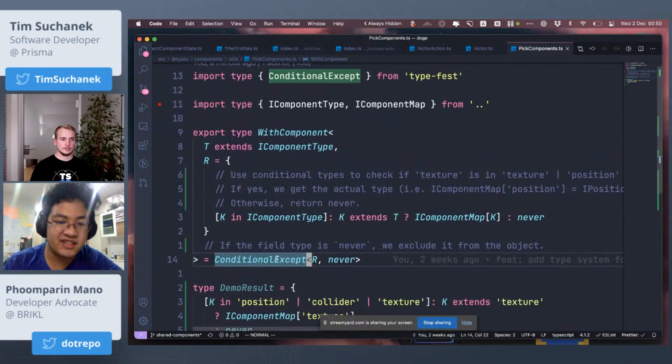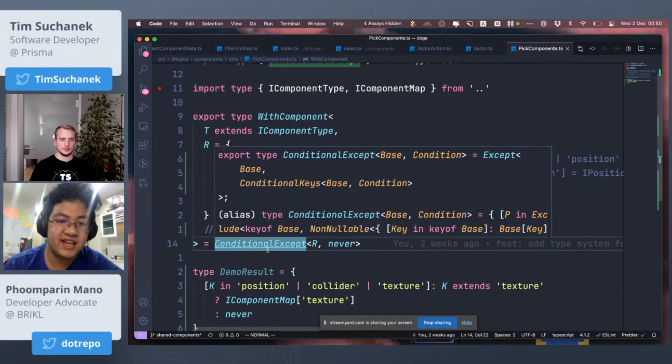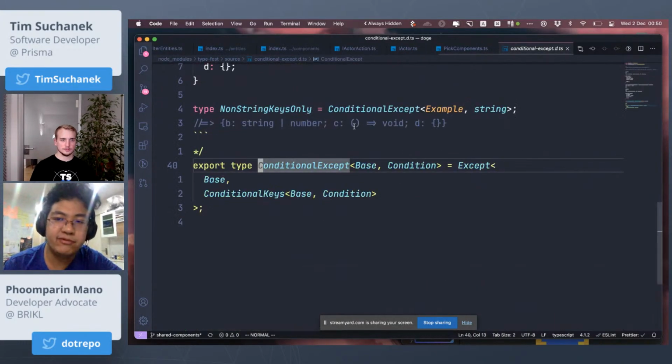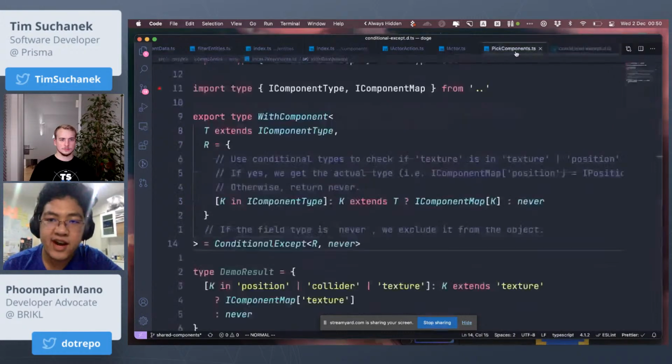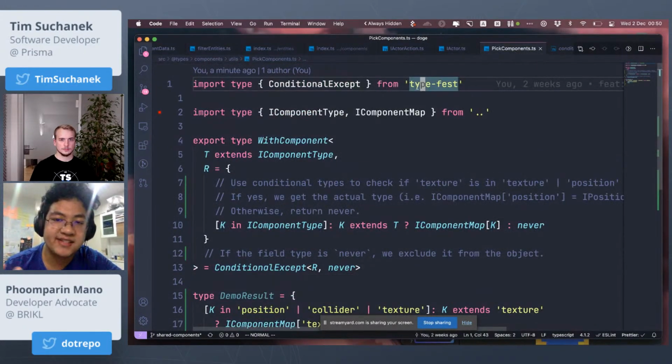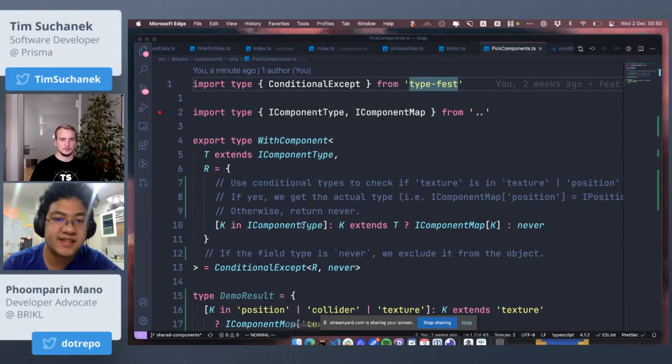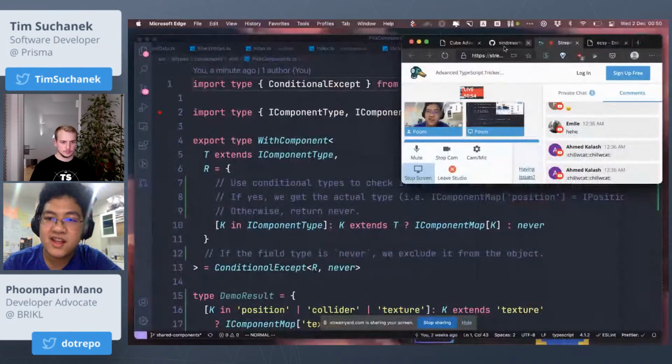Yeah, so here the way it excludes is using the conditional Exclude from type-fest. For anyone that didn't know, type-fest is kind of like a collection of types. So here,